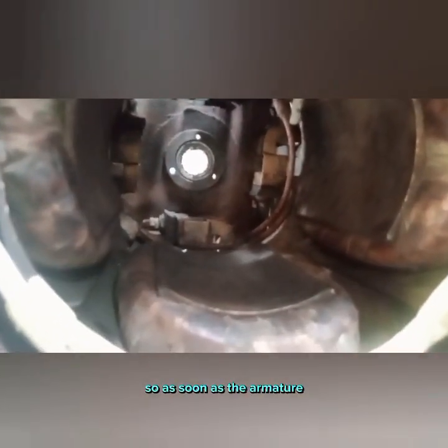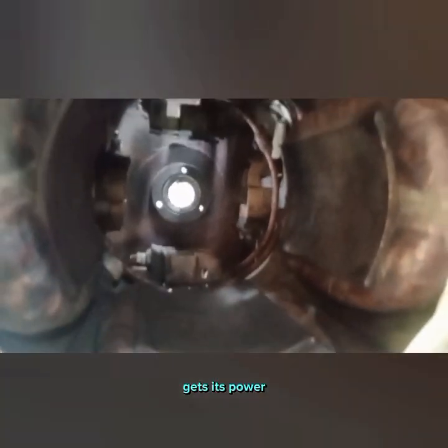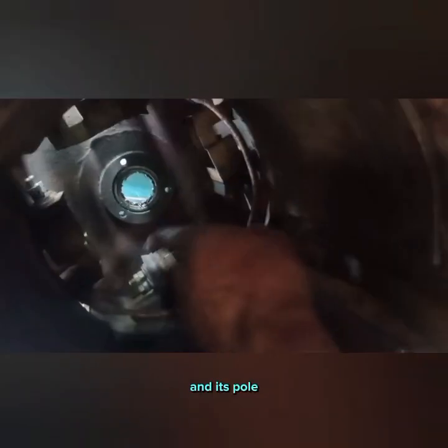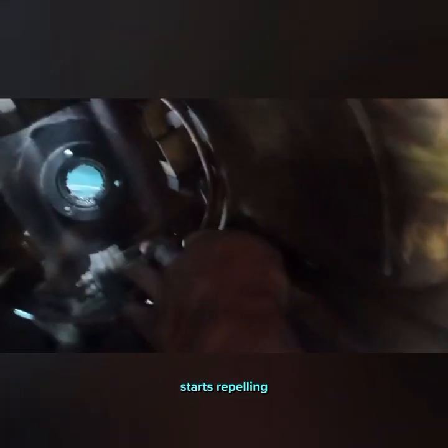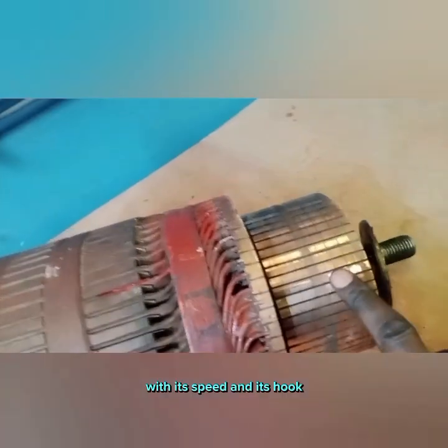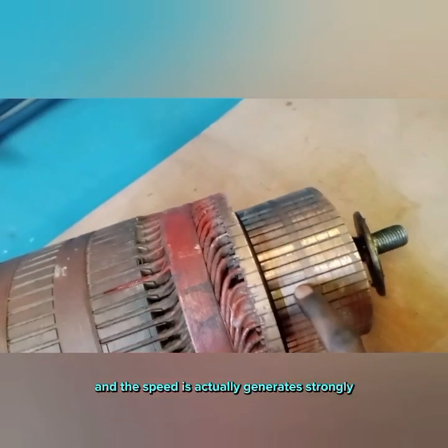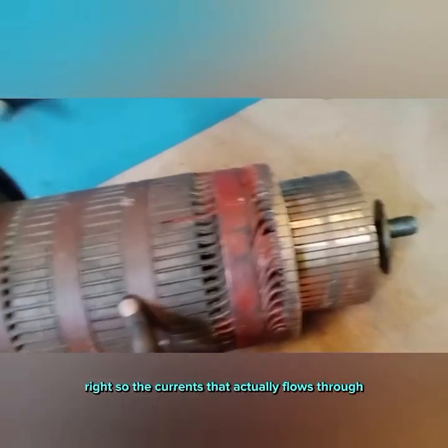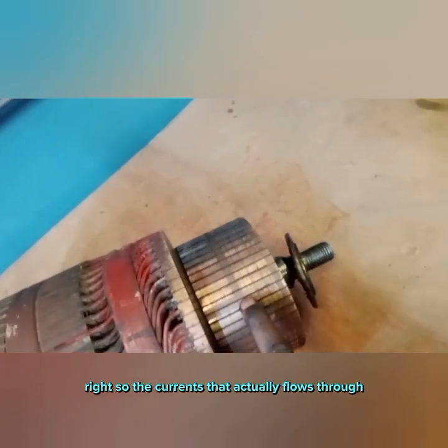As soon as the armature or the rotor gets its power, it takes on the characteristics of a magnet, and its poles start repelling the poles of the permanent magnet, which makes up the stator. The poles start repelling the rotor, so it starts to rotate with a speed and a torque. The speed it generates strongly depends on the strength of the magnetic field around it, right? So the current that flows through heavily